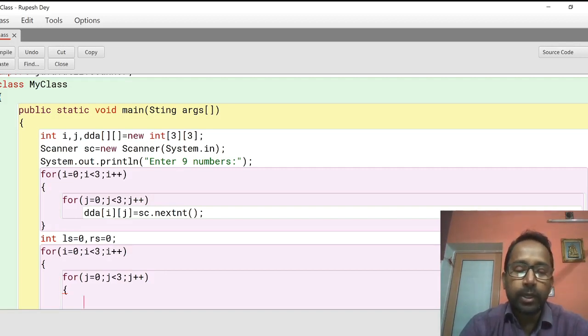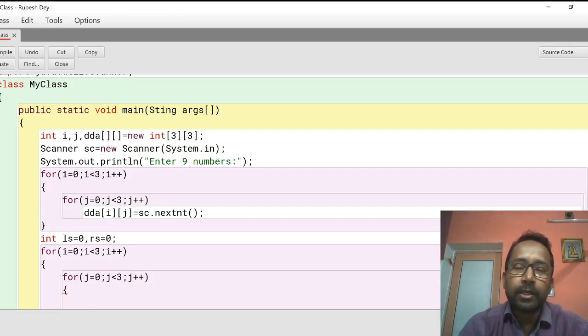Now how to find out left diagonal elements? So you do one thing, pause this video and draw a 3 into 3 double dimension array in your copy and write down the index number of all the rows and columns. Now here you will notice the left diagonal elements hold the same row index and column index for each element. At the upper left corner, the first left diagonal element, which is the first element of this double dimension array, has row index 0 and column index also 0. Then the middle element, which is the second left diagonal element, has row index 1 and column index 1.